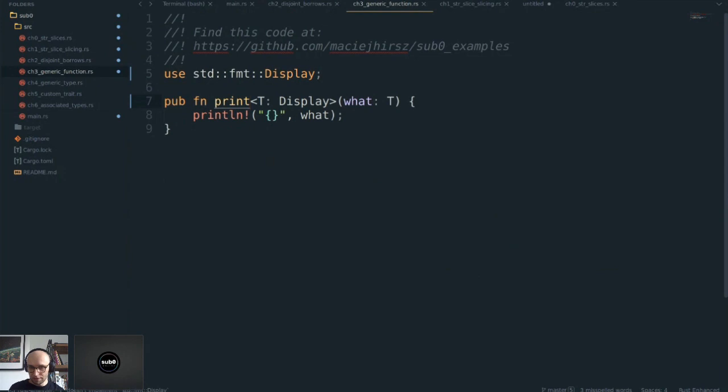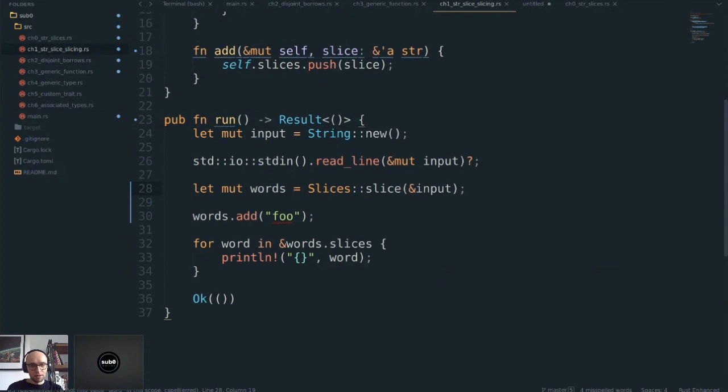We have some more questions. When does a lifetime 'a start and end exactly in your code? Oh boy. It really depends on where you are, but basically, when I have a string here, I'm borrowing it here for some lifetime, and then I'm borrowing the same input again later here.